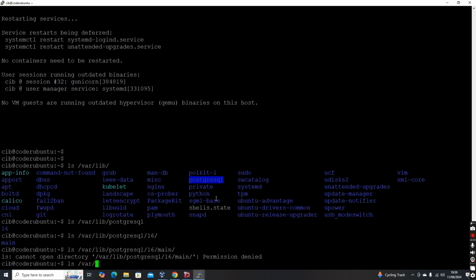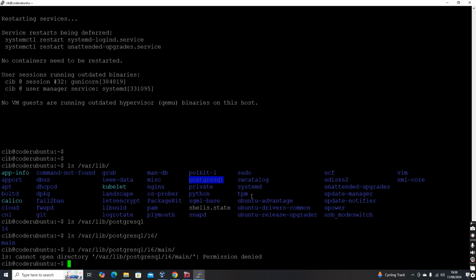But usually, in a production scenario, this is one of the partitions or locations within the OS itself. We keep a separate storage directory with enough storage capacity for this data store. Otherwise, we would have to keep the root volume at a large size, which we usually don't recommend. We can adjust this with the help of configuration, configuring it to a different path. Application-specific storage directories we usually configure to a different directory.